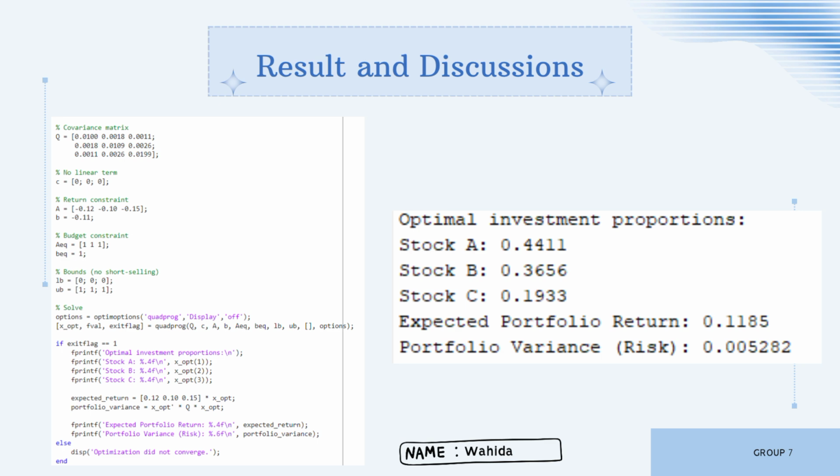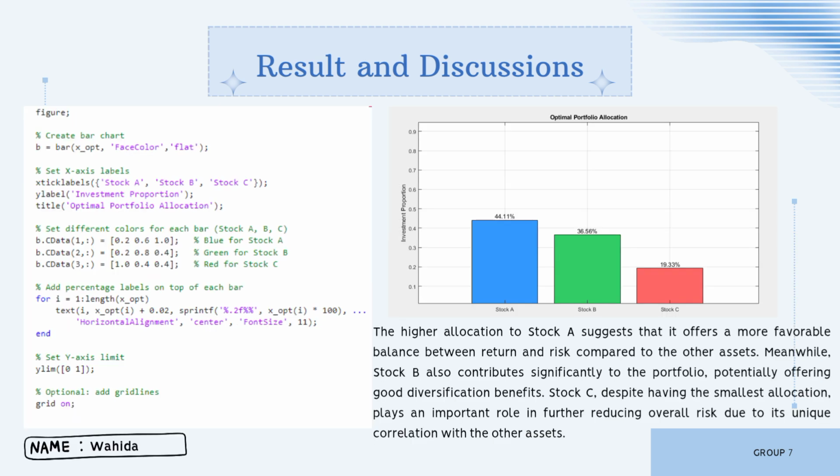So this is the result and discussion. Here is the code and the output: optimal investment proportions in stock A 0.4411, stock B 0.3656, stock C 0.1933. Expected portfolio return is 0.1185 and portfolio variance risk is 0.005282. After conducting the Markowitz portfolio optimization process, we obtain the optimal investment allocation that satisfies all the given constraints